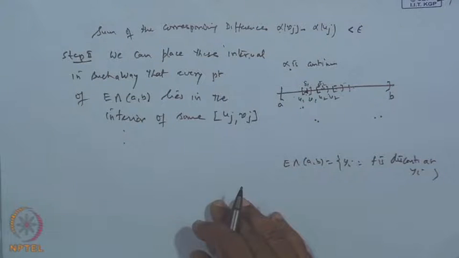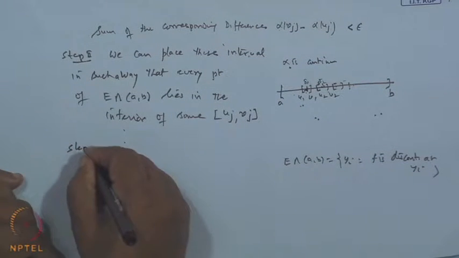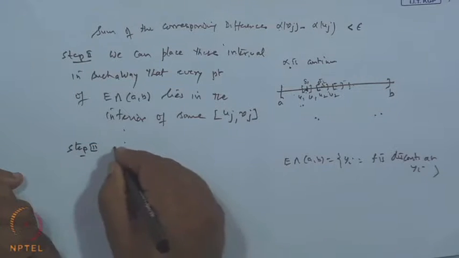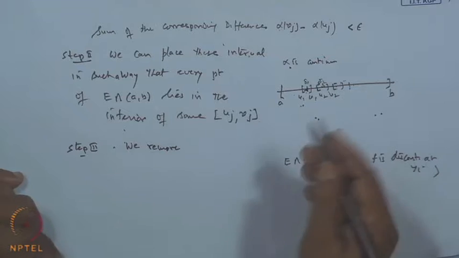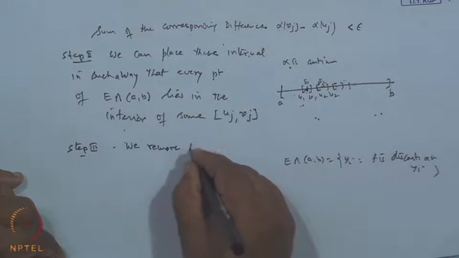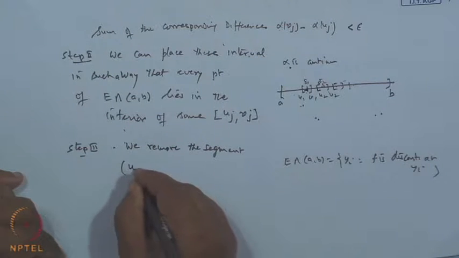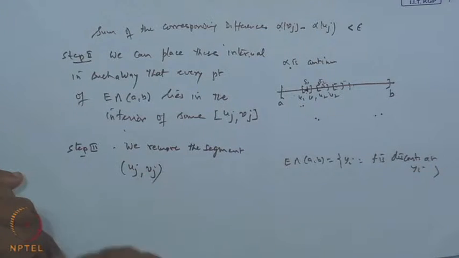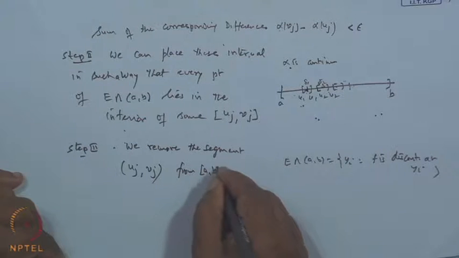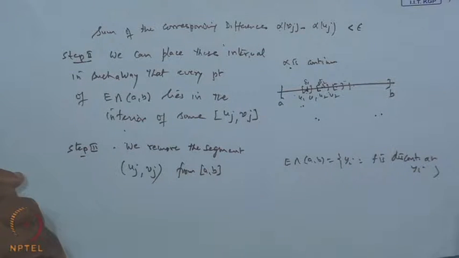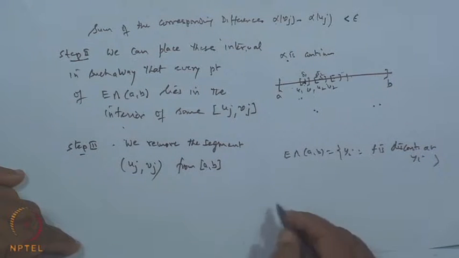Now, what we do is, in step 3, we remove the open interval, remove the segment uj vj from the closed interval ab. It means what we are doing is that this is our interval